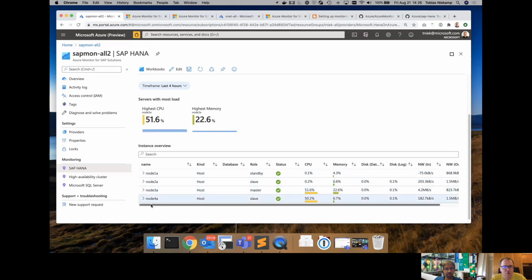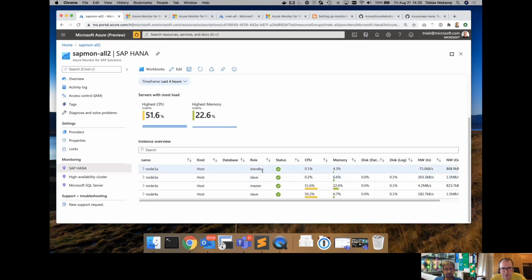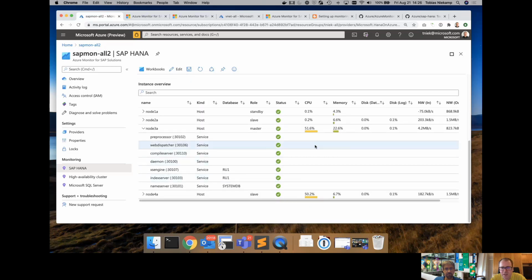You find it has 4 nodes. I connected this to the primary side, by the way, so you can see what kind of services are currently running. Here the index server is stopped. This is the standby node, I should add, right? And then we can take a look at utilization metrics: CPU, memory, disk for data and log.